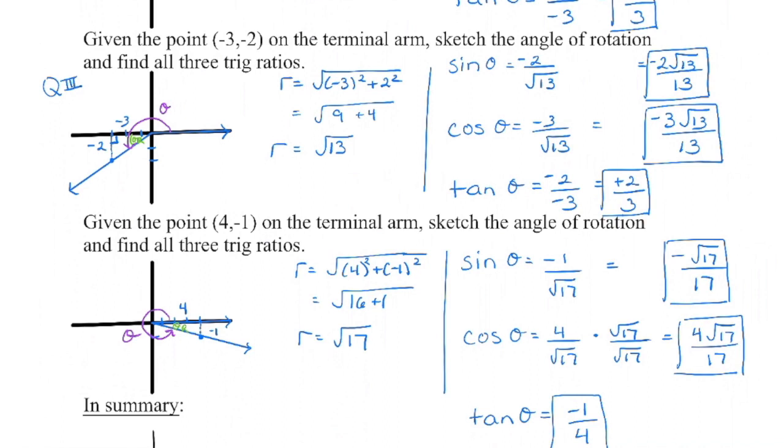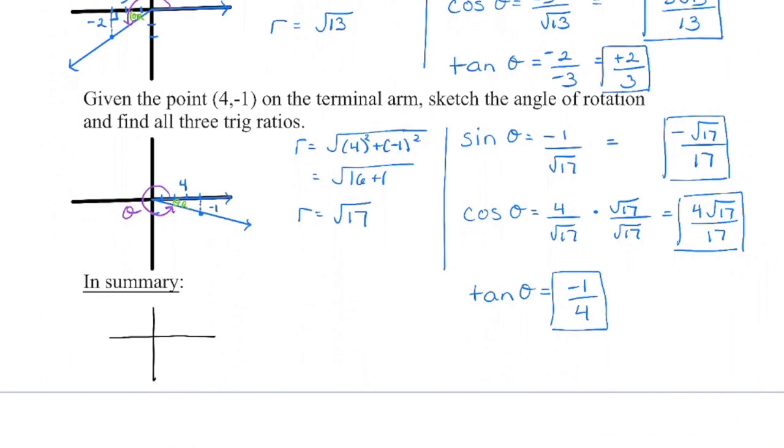When you do it this time, I did rationalize. I didn't write down that I'm multiplying by the square root of 13 over the square root of 13, but you can if you want to. One thing, just remember, we don't want to leave a negative over a negative. A negative divided by a negative is a positive, so that's where that value came from. And then in my final example here,